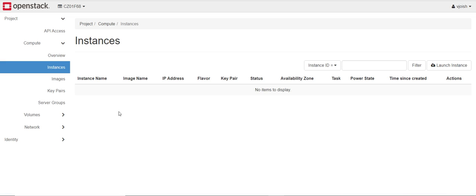As you can see, the moment I clicked on Instances, you see a list of columns like instance name, image name, IP address, flavor, and so on and so forth. So this gives a pretty friendly and easy-to-use dashboard. Any individual can understand. As you can see, there is an option Launch Instance. Let's go ahead and click that,